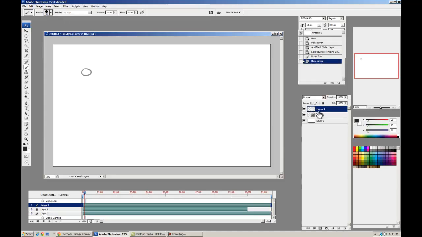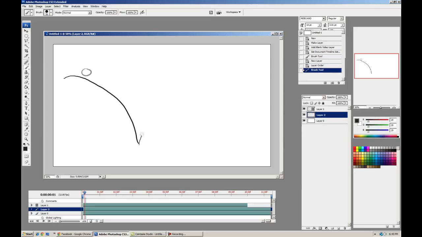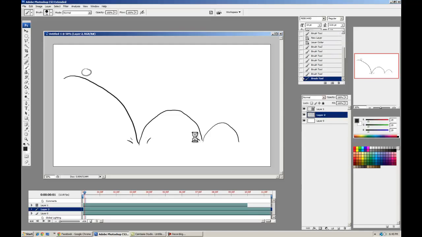New frame, or a new layer. This doesn't have to be animated, so we don't need a video layer. We can just make a regular layer. Just going to sketch out how we want our ball to bounce. Boing, boing. Oops. Looks pretty good, right? Splash here, splash here. Maybe we can bounce, bounce, bounce, bounce, bounce. Dribble off to the edge, right? So I'm going to turn the opacity on that down a little bit. And let's go back